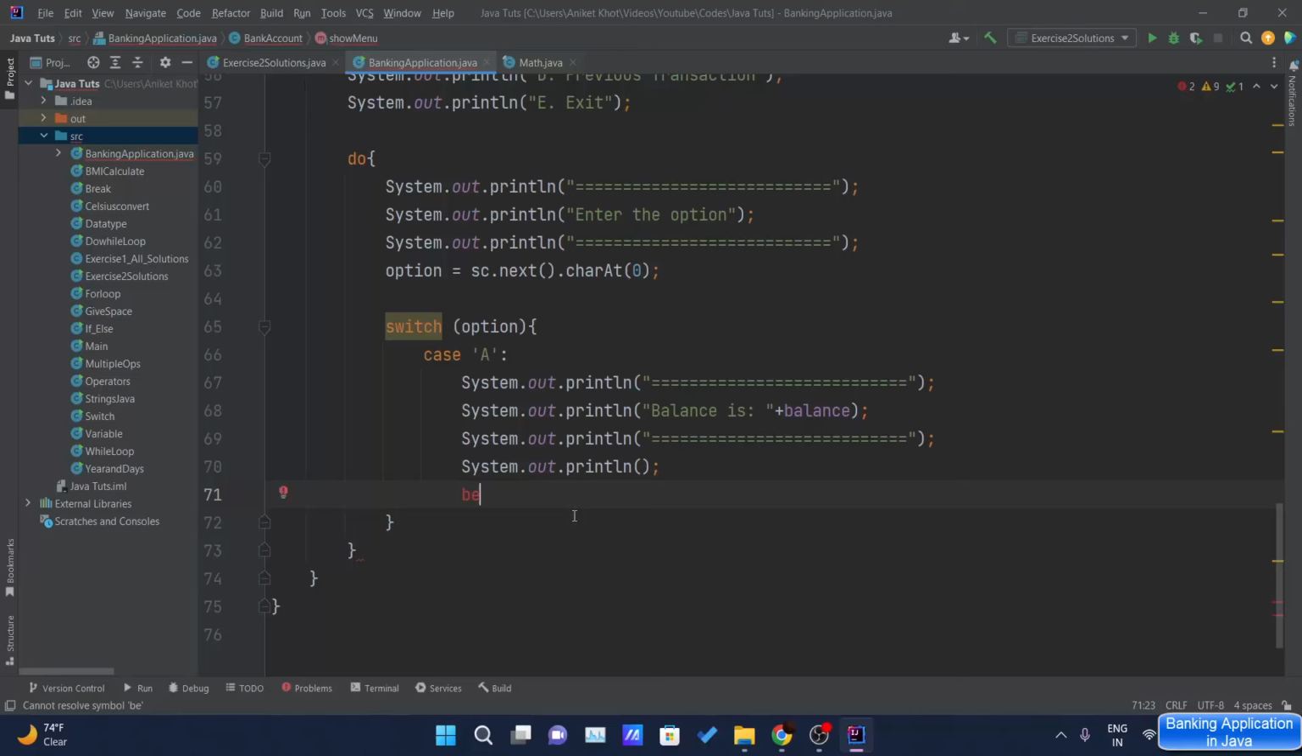I will just write break, and for the next case we have case B, if the user gives B, and I will just copy this statement over here